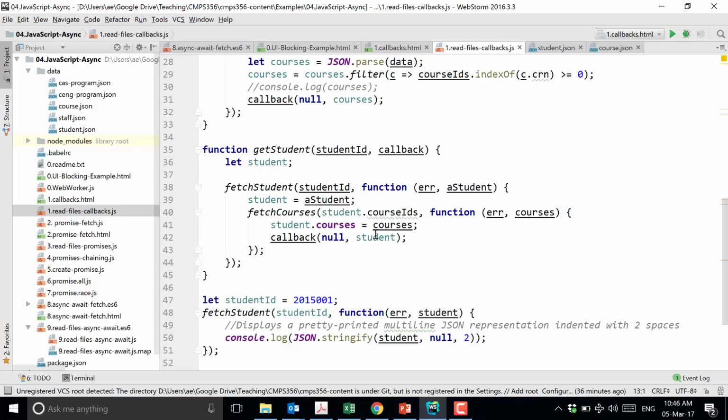So this is how I compose, how I put together multiple asynchronous functions. These things you can only really appreciate or understand by doing, which is what you do in the lab. Composing asynchronous functions, or making a chain of asynchronous functions, is very hard.